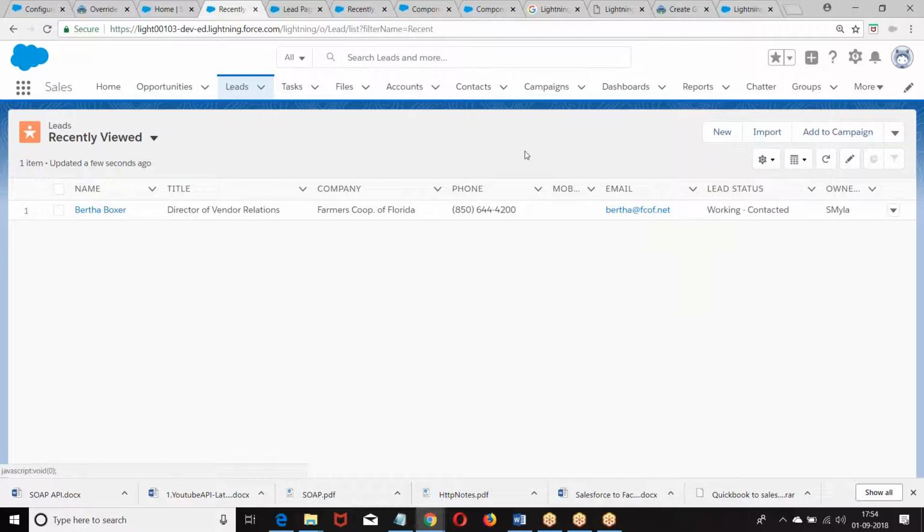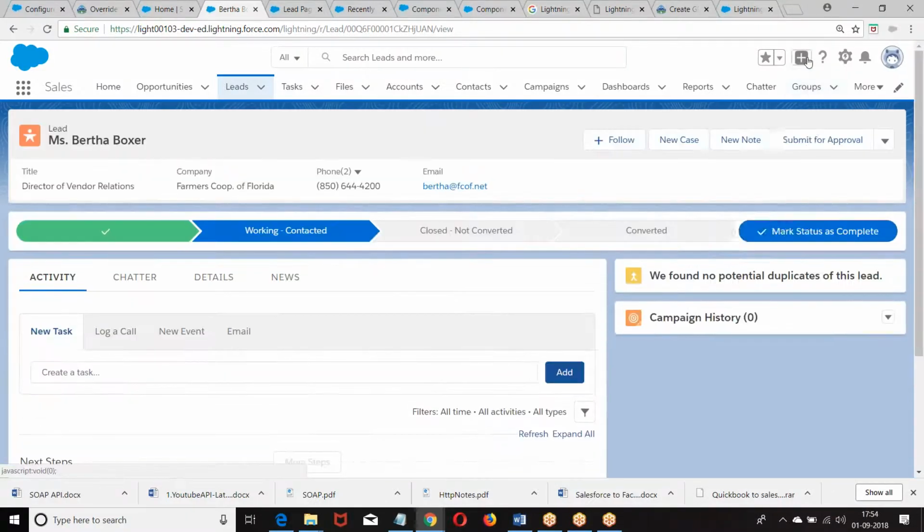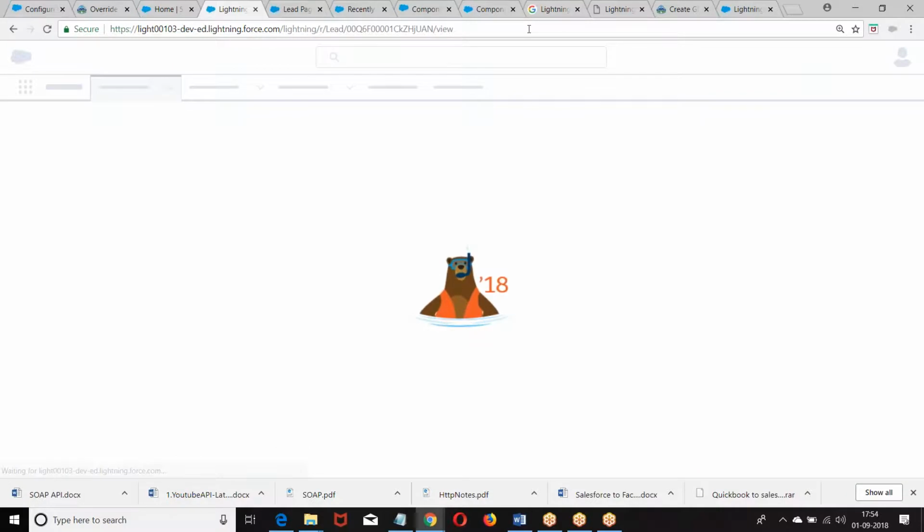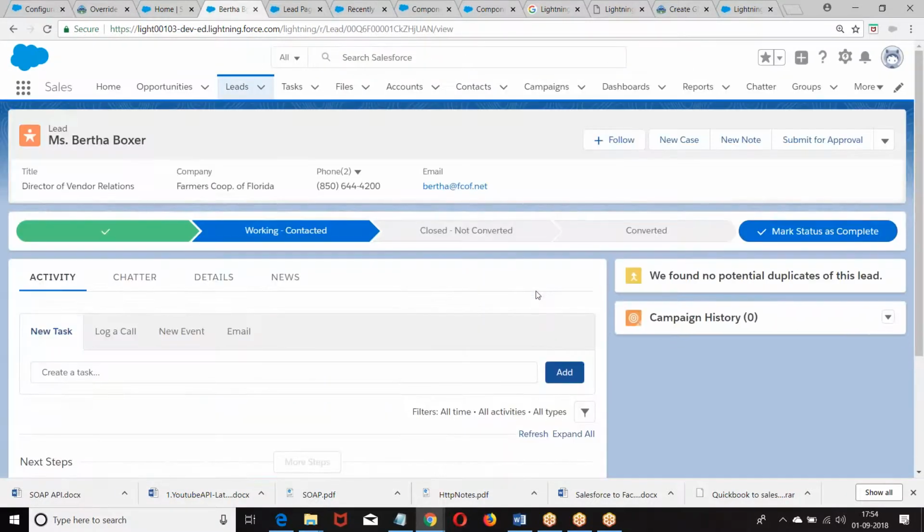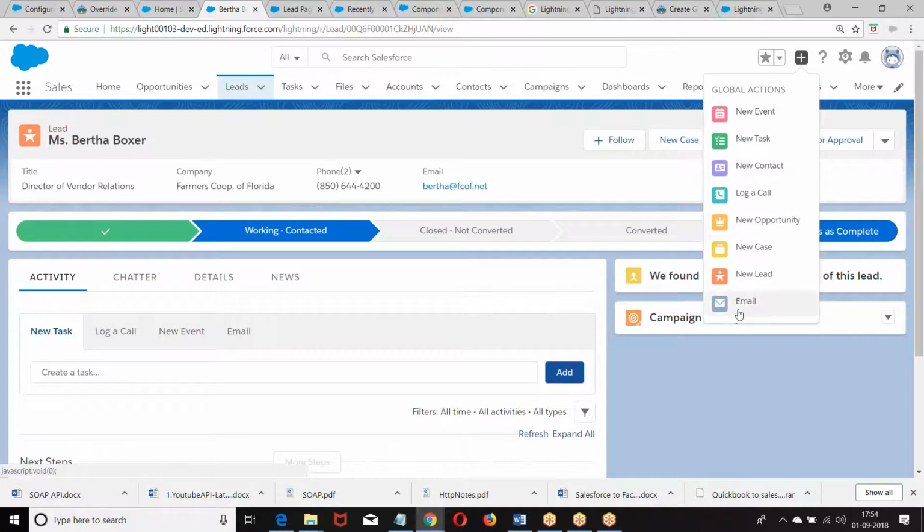global action. Why was it not displayed here? Not visible.